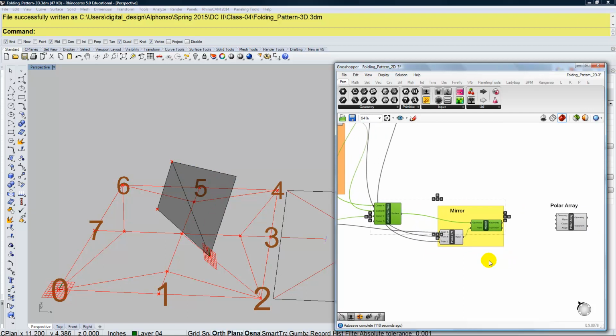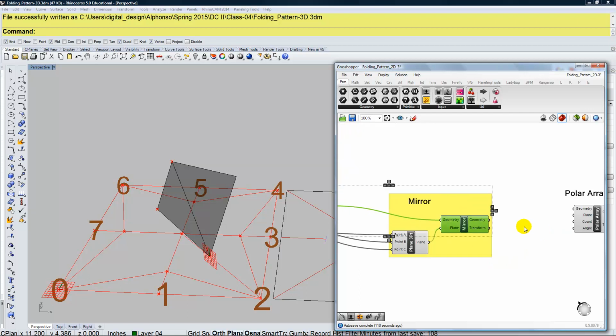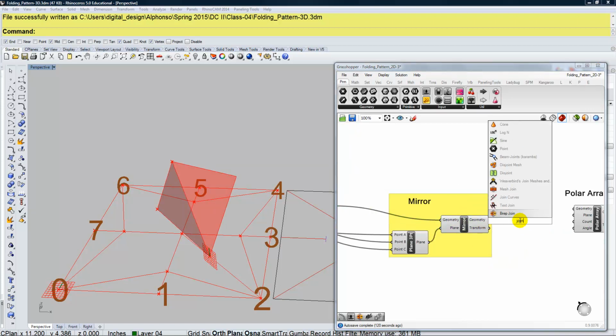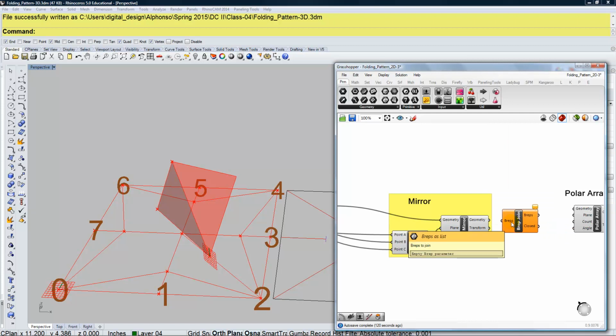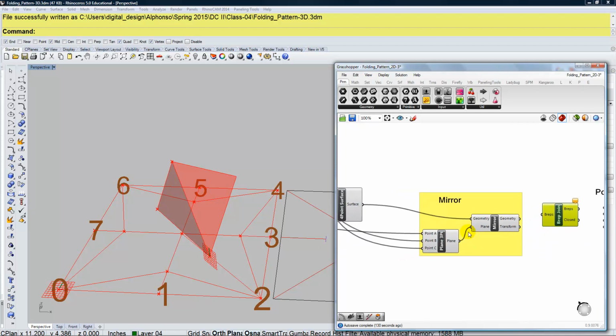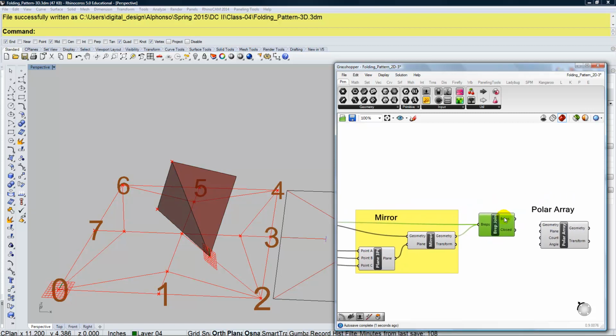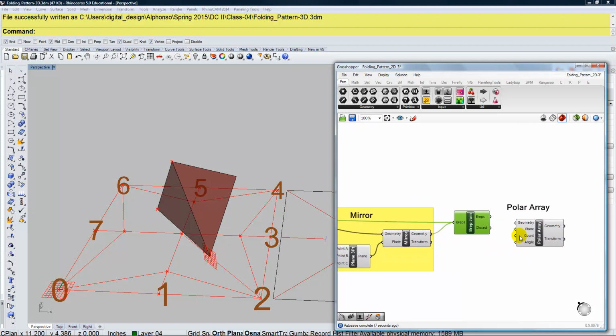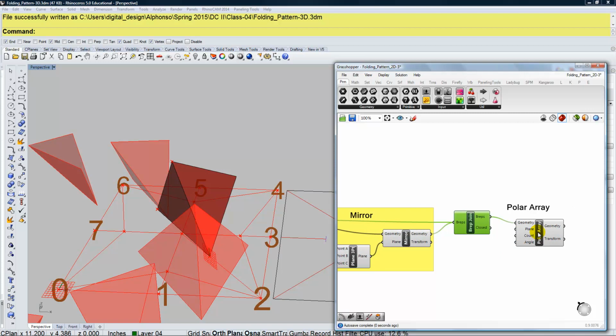So let's join those 2 surfaces together. If I double click and type in join, there's a BREP join. BREP stands for boundary representation. A surface is considered a BREP. It has edges and points, and it makes a surface, so it's a boundary representation. I can plug these 2 into my BREP join using my shift key, and coming out of the BREP join is 1 open BREP. So I can plug this into my geometry of the polar array,